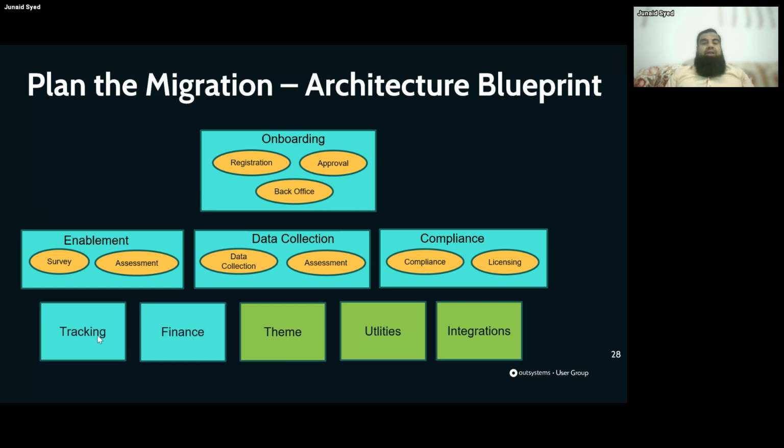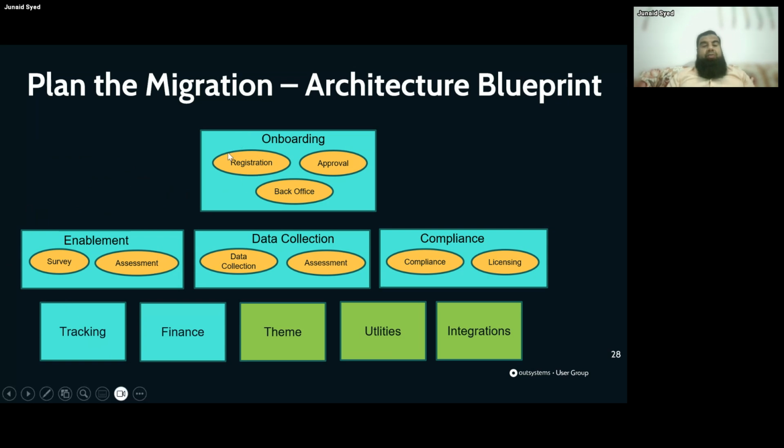Then planning the migration. So this is the architecture blueprint. Again, this is not exactly what we had for the customer. I cannot share that for confidentiality reasons. So roughly this is how it looked. So the blueprint that we wanted was that we wanted our